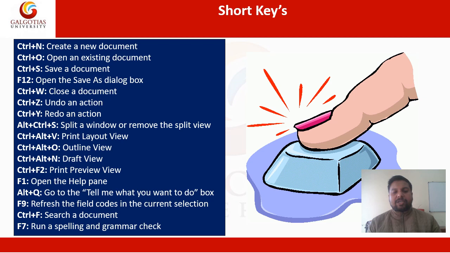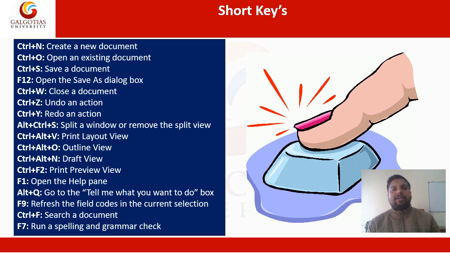Okay, there are three basic keys which you can use when you are working on any Word document. That is Control B. Control B means whenever you want to make any word or sentence bold, you use Control B. Next is Control U. Control U is used whenever you want to underline any word or statement.